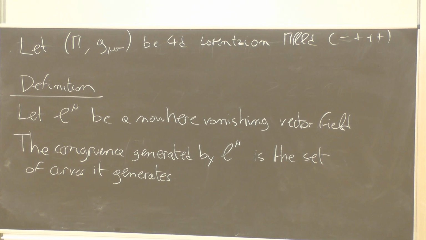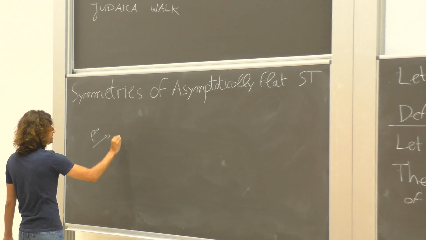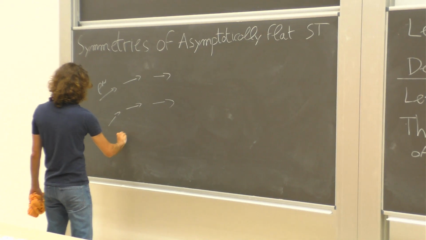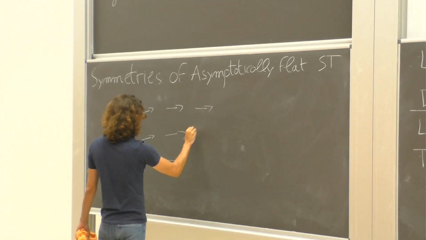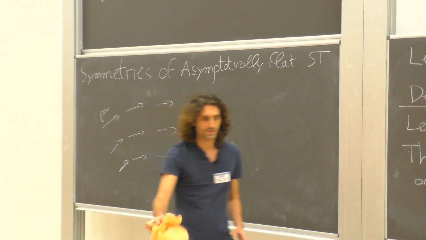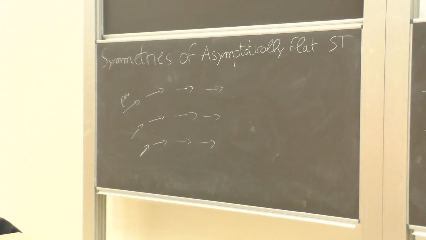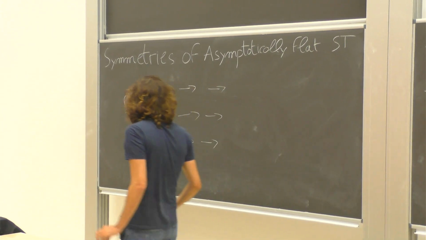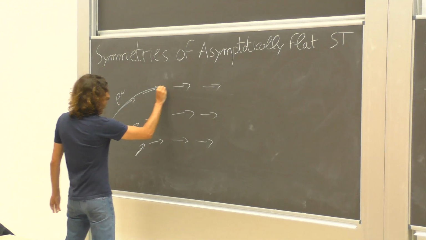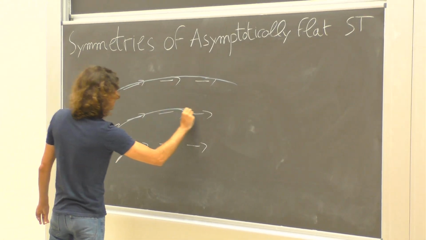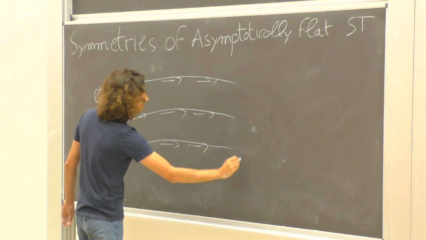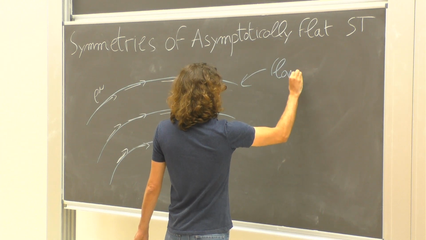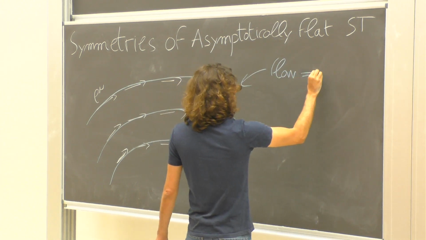We have a bunch of vector fields. Well, you have a vector field L mu. Let's say something like this. Okay. So the congruence itself is the line. So this is the vector field. The congruence is the line, the flow that the vector field is generating. So in this case it would be this space of lines. Okay, so this is the flow, and so the congruence.